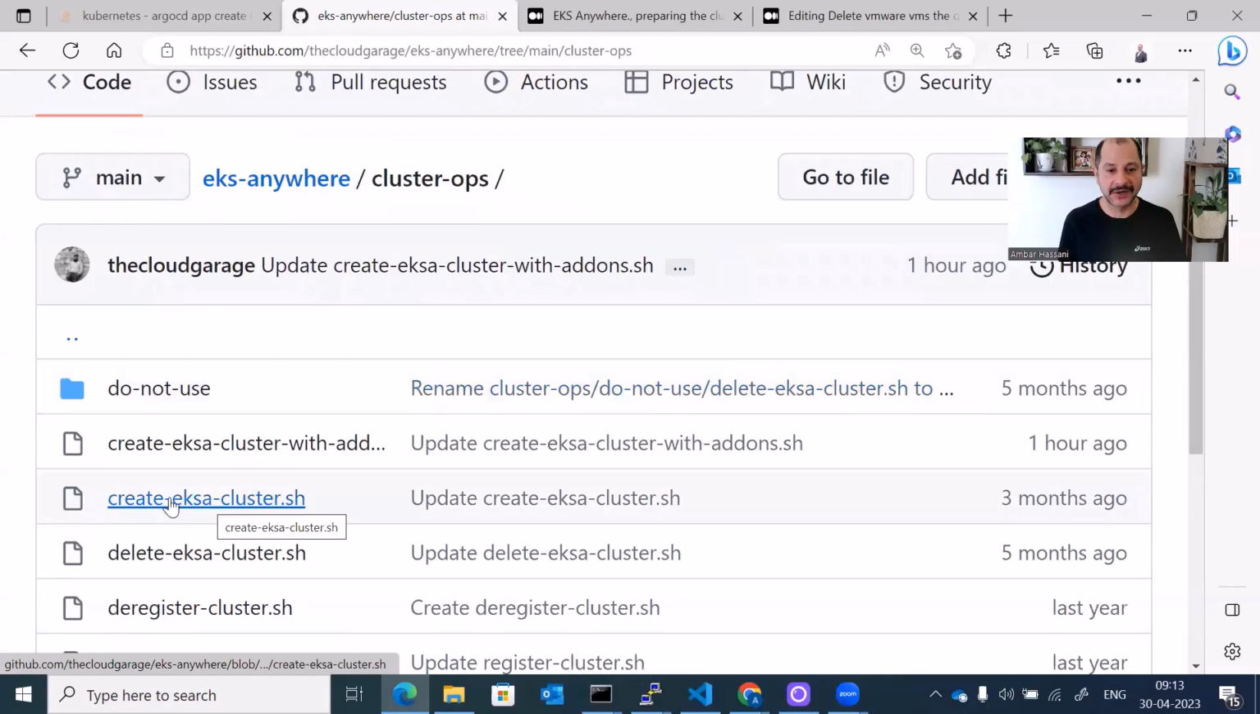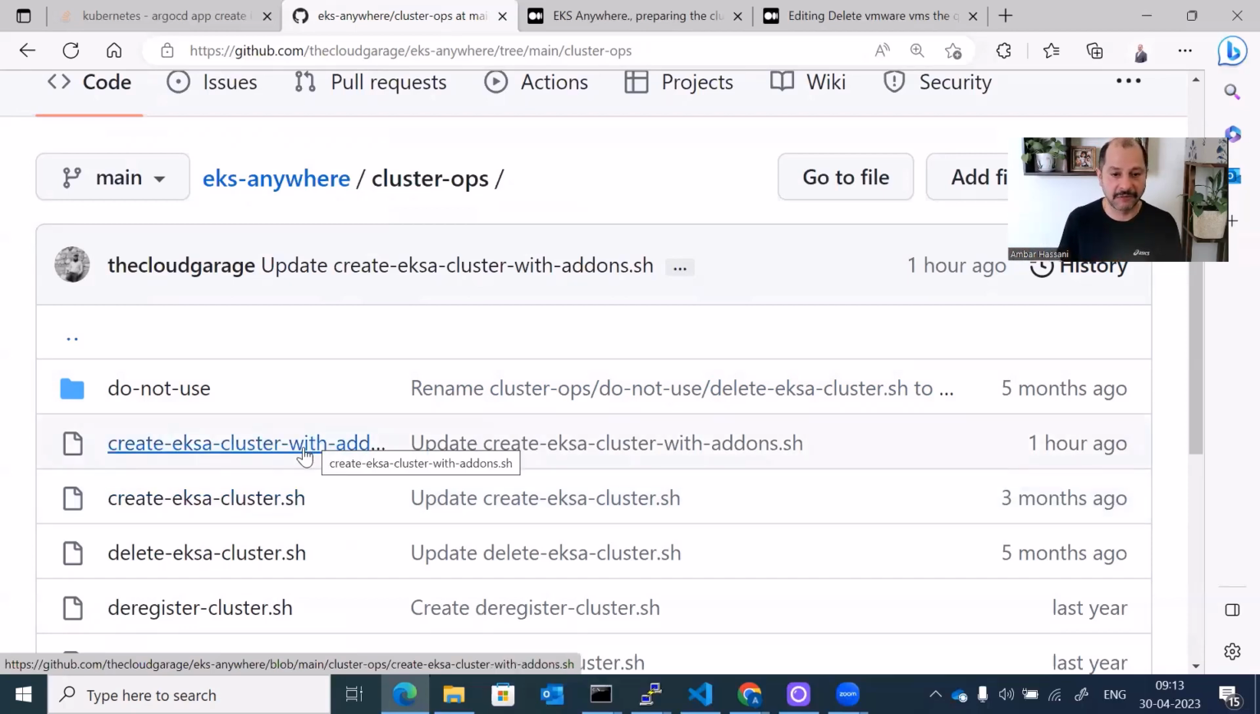It's called create EKS cluster, and this has an embedded reference to the basic cluster template. But let's say we want to create a cluster with this new template. There is another script called create EKS cluster with add-ons, and in this you can specify the cluster file name. So while we have one sample that is provided in this GitHub repo,